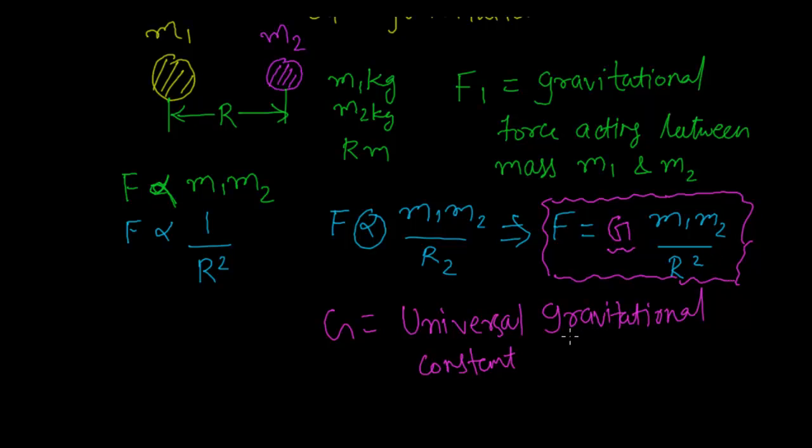So let us have the statement of Newton's law of gravitation. How will we define Newton's law of gravitation? According to Newton's law of gravitation, every object attracts every other object by a force which is directly proportional to the product of their masses, and inversely proportional to the square of the distance between them. So this is called Newton's law of gravitation, which says that all the objects in the universe keep on attracting